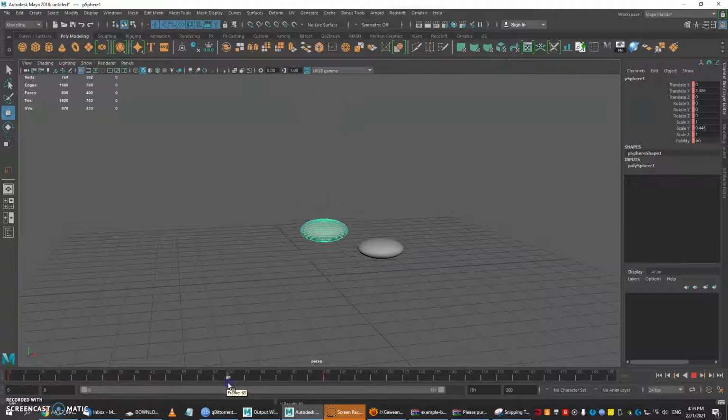Every time you want to animate something, you have to go to a certain keyframe, then move your object around, then press S. That way you commit, and then if you scrub the timeline, I scrub from here and go down, and from here we'll move to that location. So that's the basic